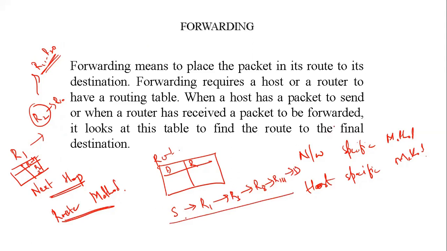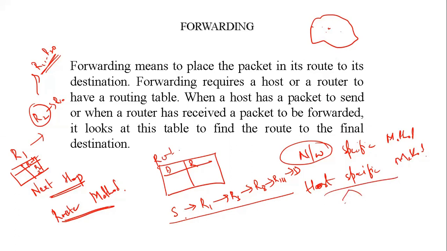Now, what is the network specific method? The second technique here is the network specific method. Here, instead of having an entry for every host, suppose you have a network, and in that network you will have multiple hosts. All the computers in that network are referred to as hosts. In the network specific method, we will just have the route to the network. We won't have the route to the individual host. But in the host specific method, we will have the route in the routing table of the individual host.